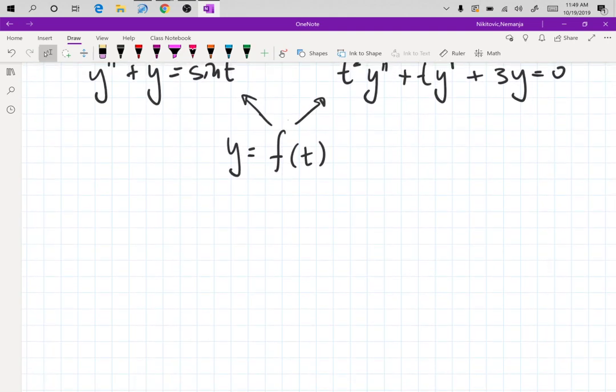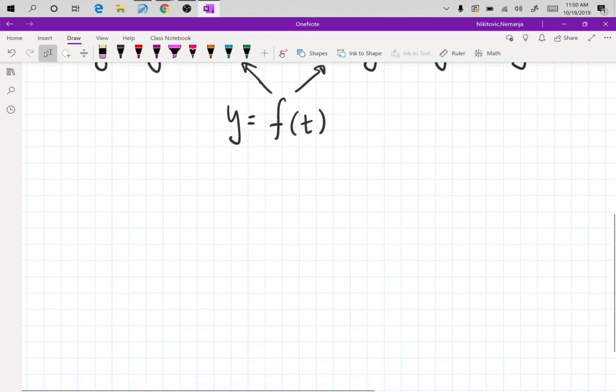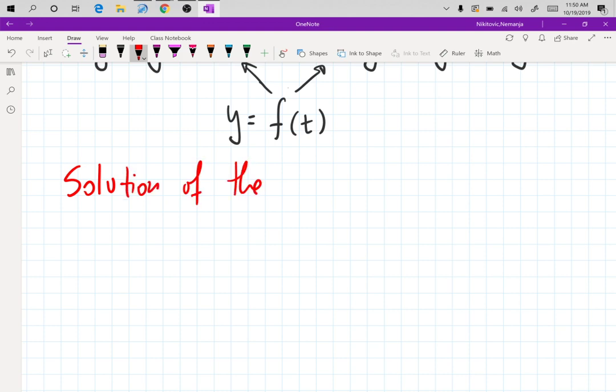So here is the very important thing, right? These are equations. So what am I going to have as a solution? And this is something that we write in blood and have to understand. Solution of the differential equation is a function